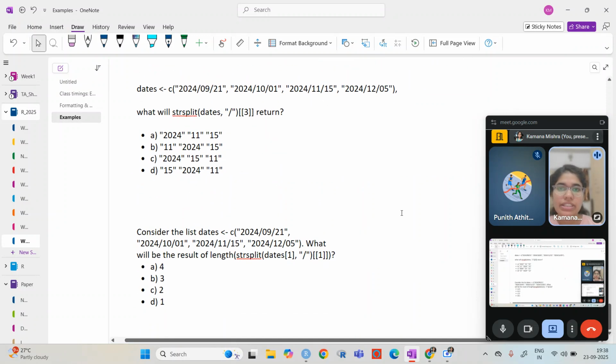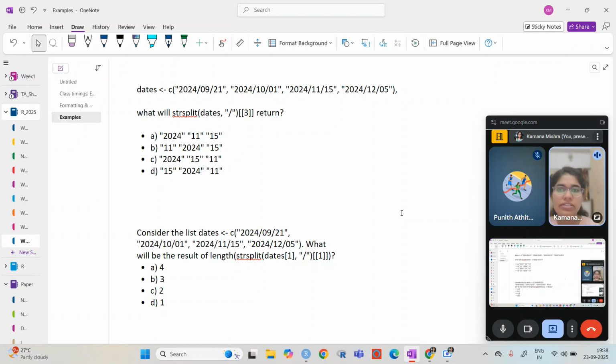Okay. In the next one, we want to split like in the previous case we have done by this. In this, we want to split by this, right? And we only want its third value.